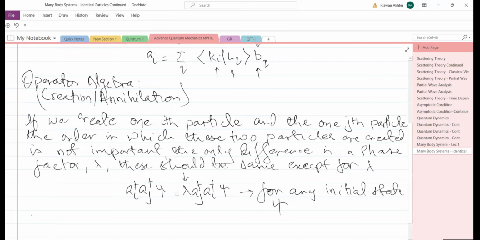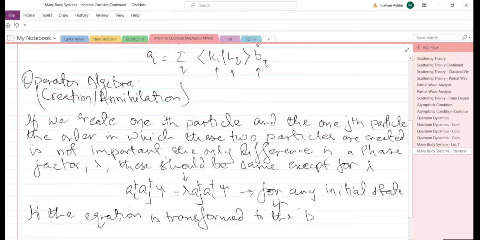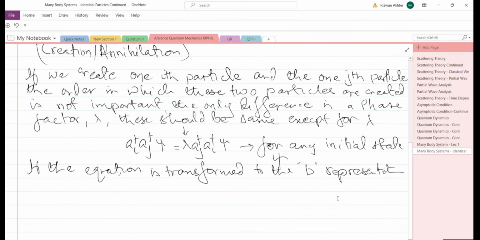So if the equation is transformed to the bth representation, then your equation would become,